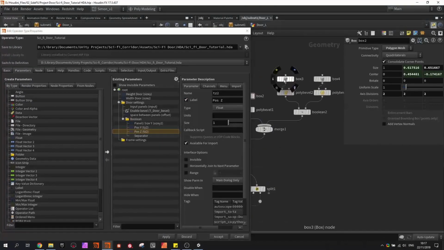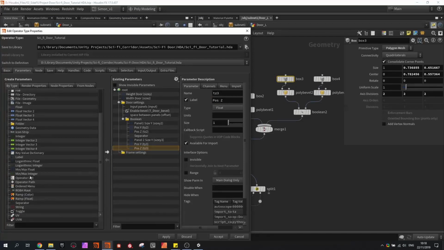And I'm gonna do the same here, so I can drag and drop this here. Panel 2 size, and then position, to make sure you have a separator so it's a bit clear in the interface